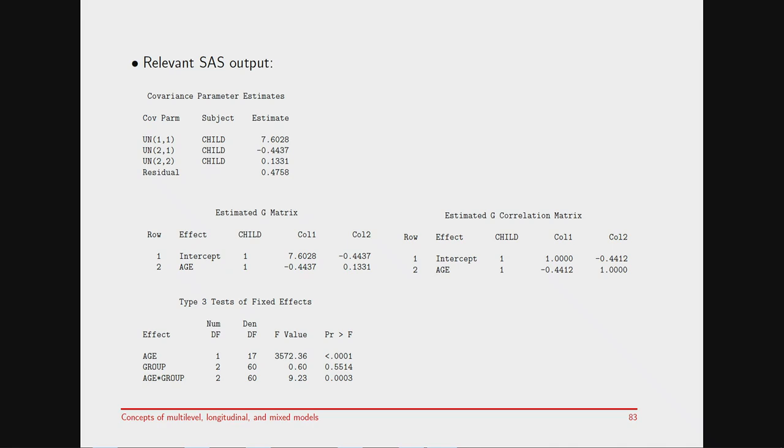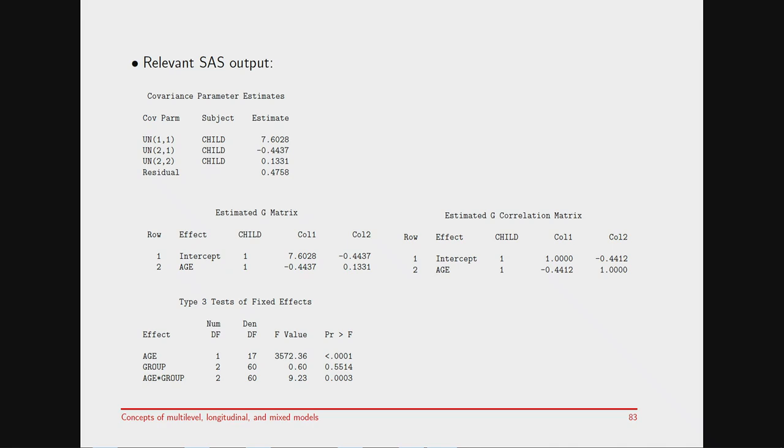And then here you see the result of the G option. Then you see the first 3 entries here just printed in a 2x2 covariance matrix. And based on that covariance matrix, you can calculate the correlation matrix. And then you see that the correlation between the random intercepts and the random slopes is negative, minus 0.44, which